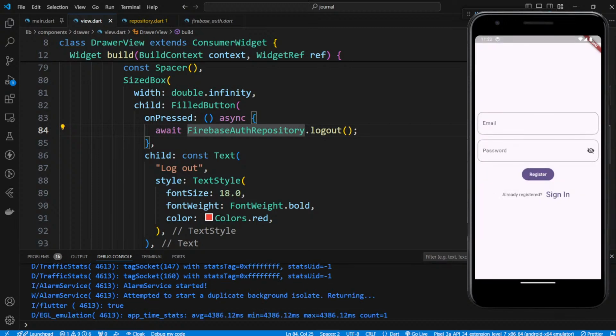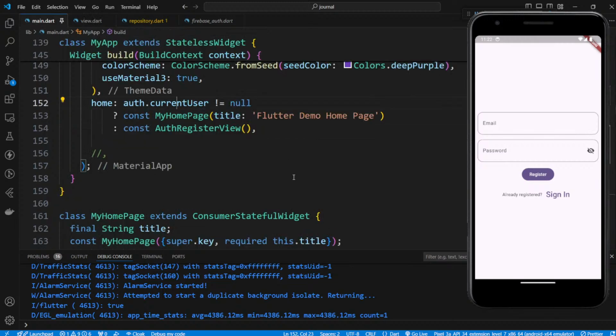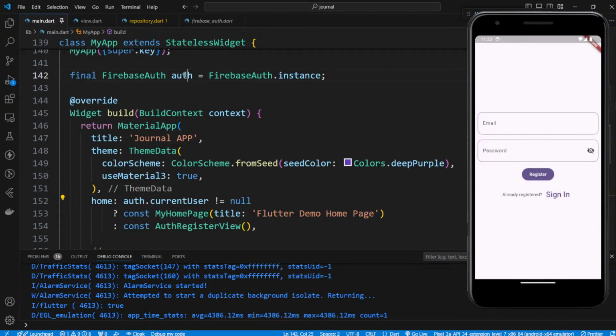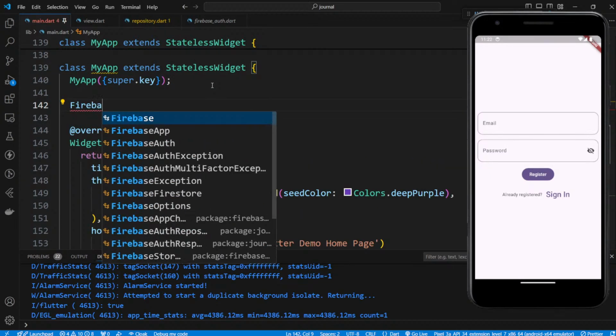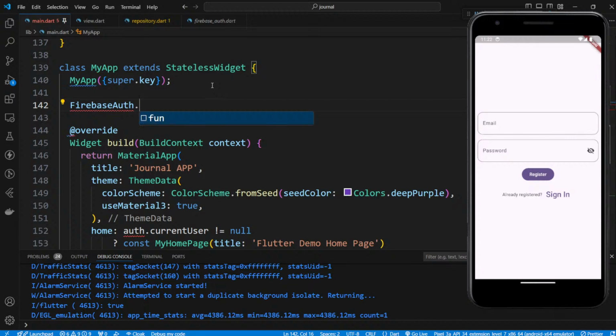see, we go to the register page, but you see it did not work by default, right? Because if you see on the main, here we are creating an instance, we're not watching it, right? So if you watch it, then it will work. So what we can do is, let's see, if you do firebase auth dot instance,